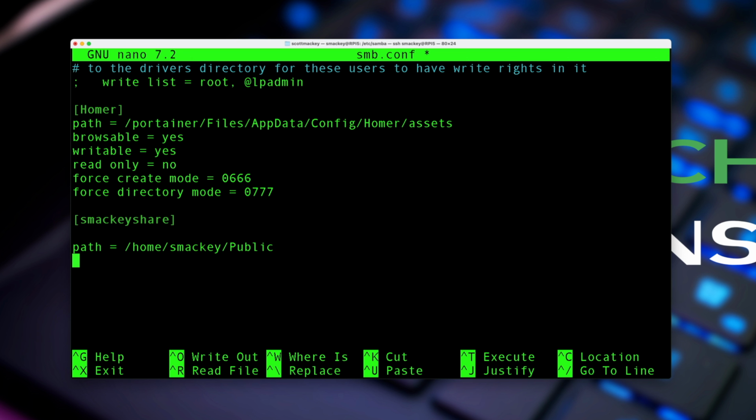Okay, and then the next one is going to be, we want to make it browsable. So we'll say browsable equals yes. And you want to make sure that you're observing these spaces in here, otherwise it won't work. And then we want to make it writable and say yes. And then we'll say force create mode equals